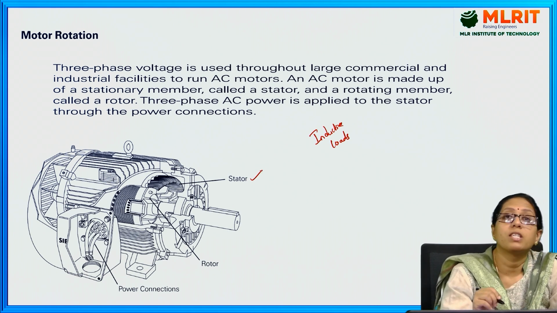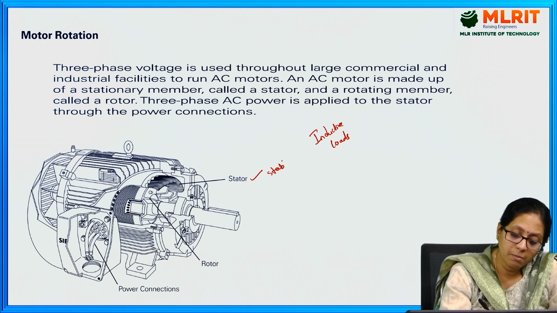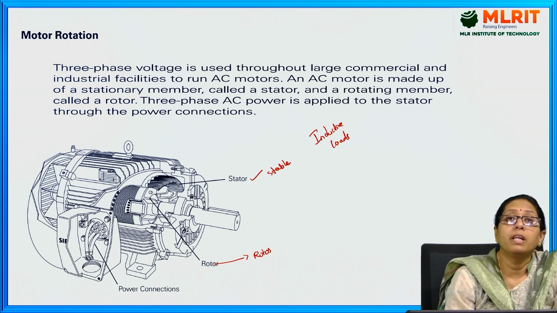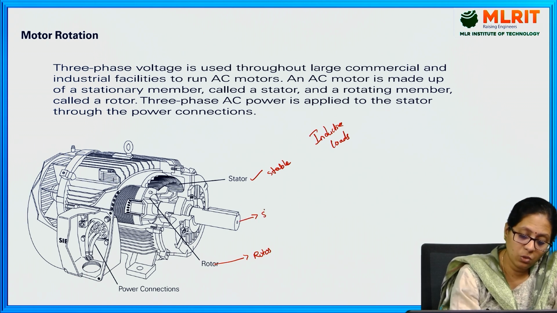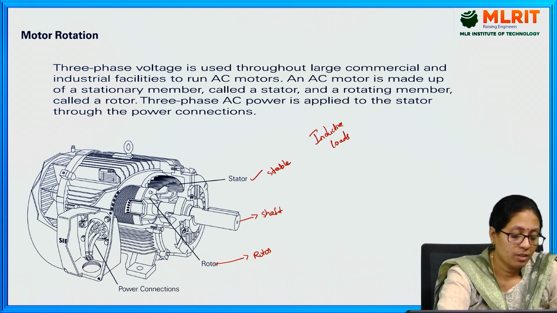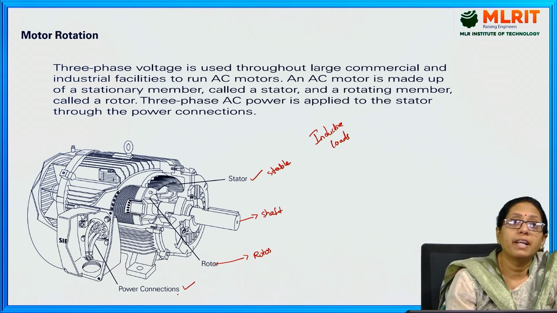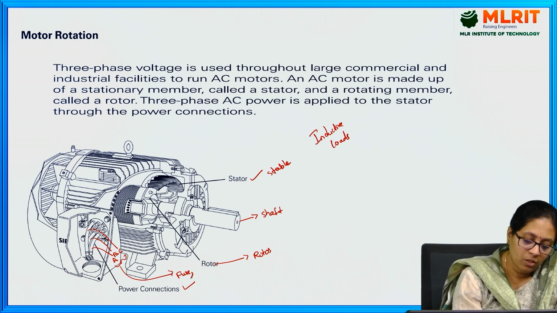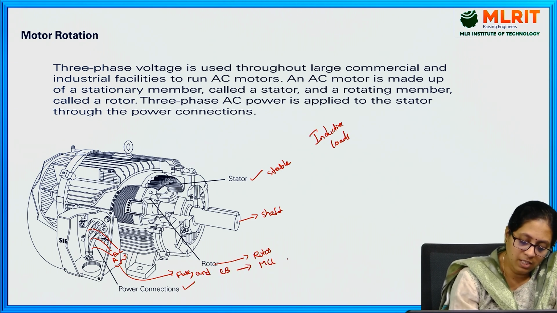This is your stator, which is the stable part, and this is the rotor which will be rotating, and this is your shaft which is connected to the rotor. And these are the power connections, that is 3-phase connections. Here you can see phase A, phase B, phase C, which are connected to the fuse and circuit breakers and then to the MCC